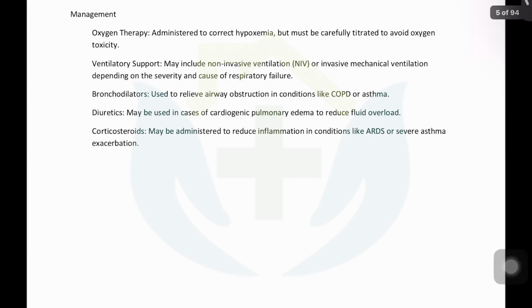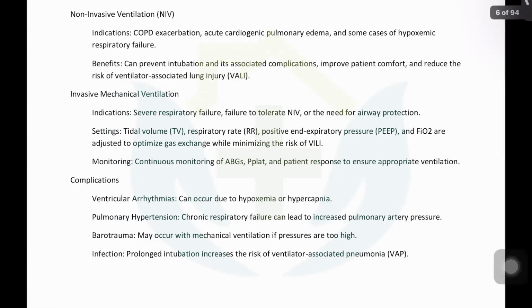If the airways are an issue, you should use bronchodilators. If heart failure coexisting or pulmonary hypertension is an issue, then you can use diuretics. And of course, to reduce the inflammation in the airways and the lungs, steroids are a handy thing, but you have to prove that there is inflammatory disease.